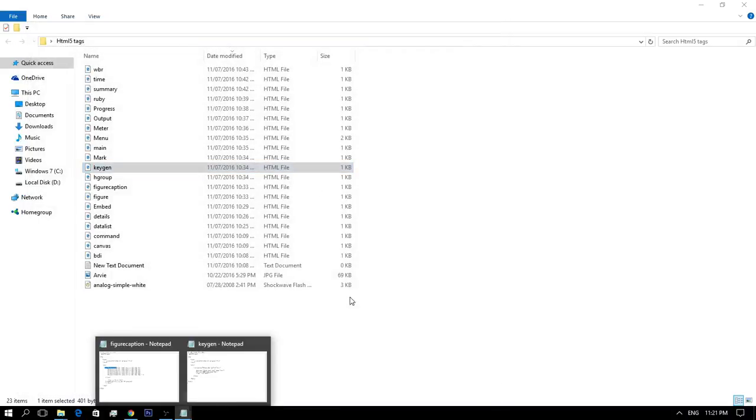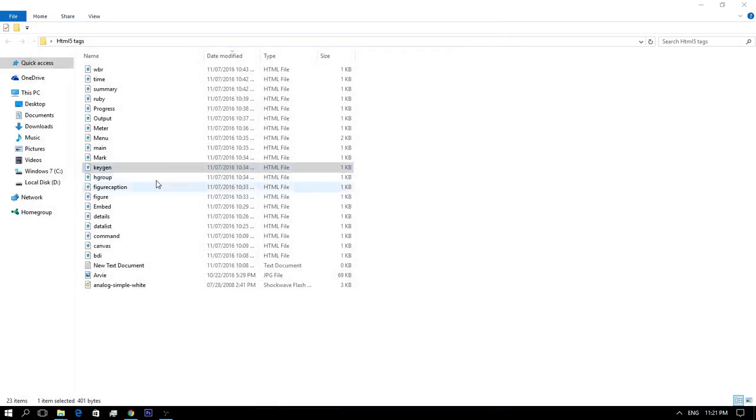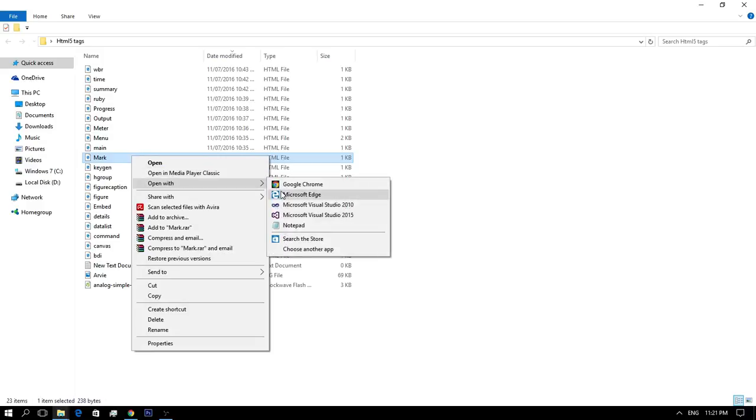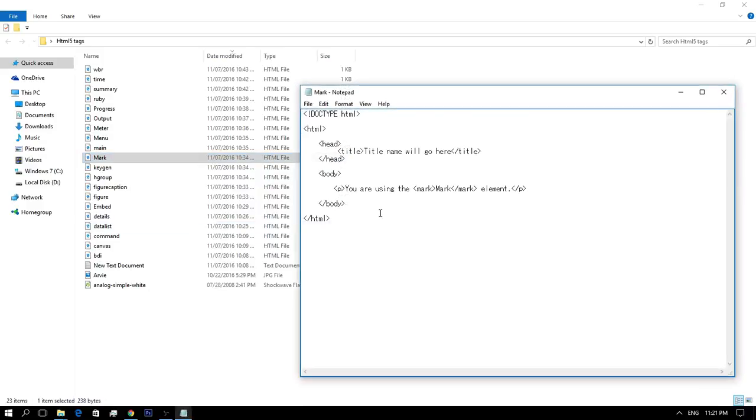So we move into the mark element. So the mark element is fixed to a run of content in one archive, marked or highlighted for reference because of its importance in another setting.